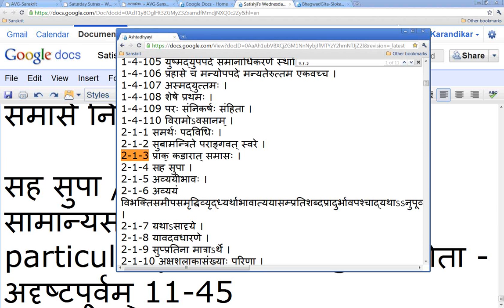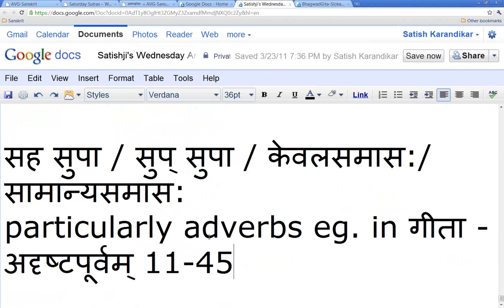So anyway, there will be a miscellaneous category which has to be somehow justified. The way they do it is to mention the sutram Sahasupa, or Sup-Supa. They means the commentators. You have to be ready for that. So we put that in a document for today as a miscellaneous class, and look out for adverbs. They are the main ones for this category. If something is an adverb in a compound, there's no other choice but to put it in this miscellaneous bracket of Sahasupa, Sup-Supa.